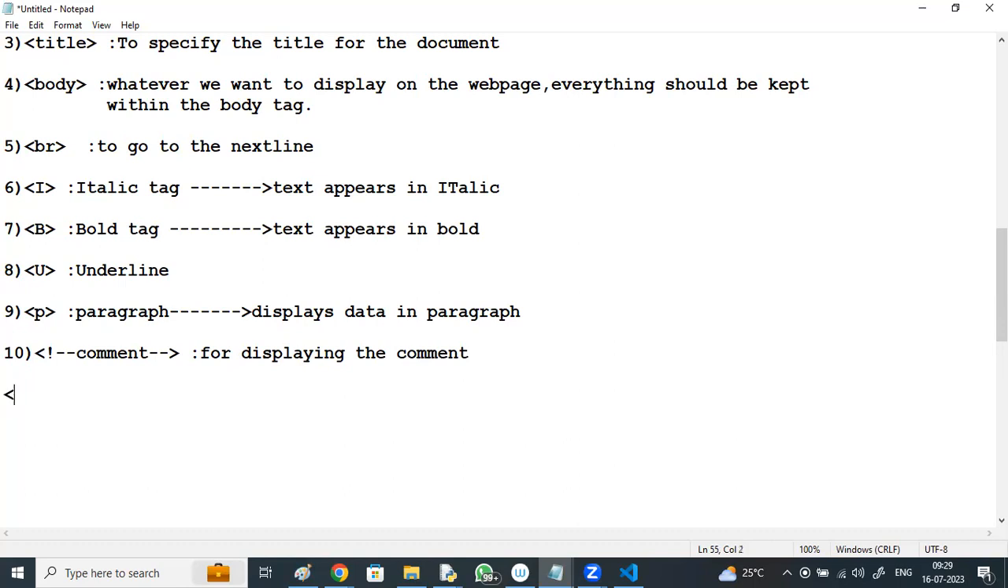So here, this is how a tag is represented. Tag name, then attribute equal to value. Every tag has a tag name, it has attributes, and it has values. Attribute 1 and its value, attribute 2 and its value. For example,